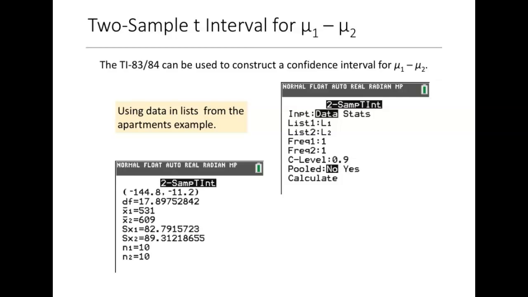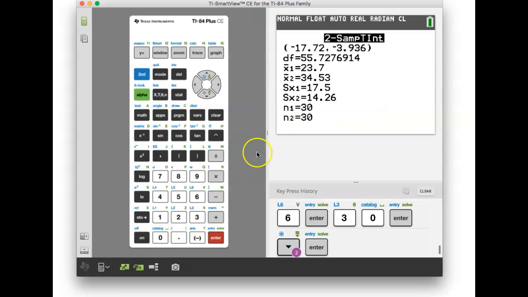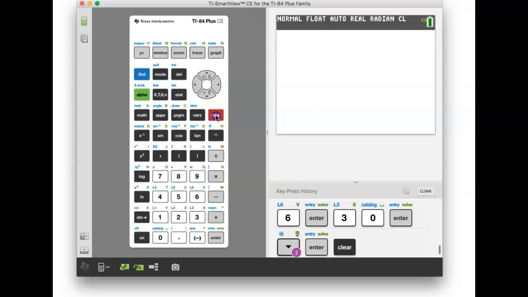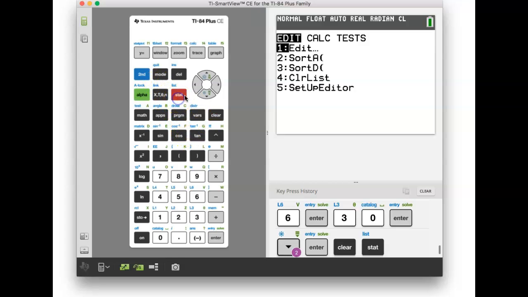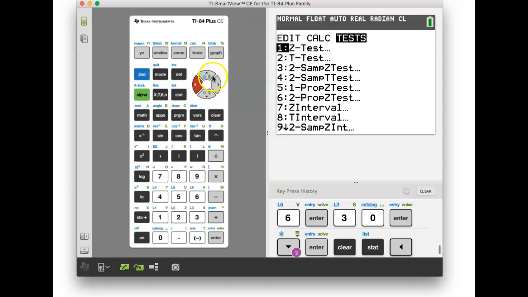Hey, yeah, let's practice running the confidence interval from the apartment data. That should still be in your calculator, right? So let's do the same thing. This was 1 bedroom minus 2 bedroom apartments, right? List 1 was 1 bedroom, list 2 was 2 bedroom. So if you go back and stat tests and then choose the